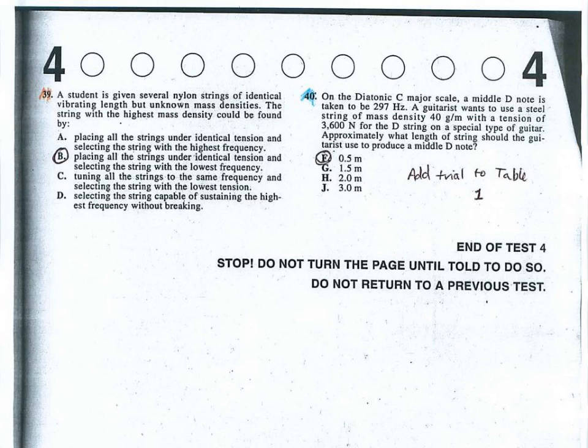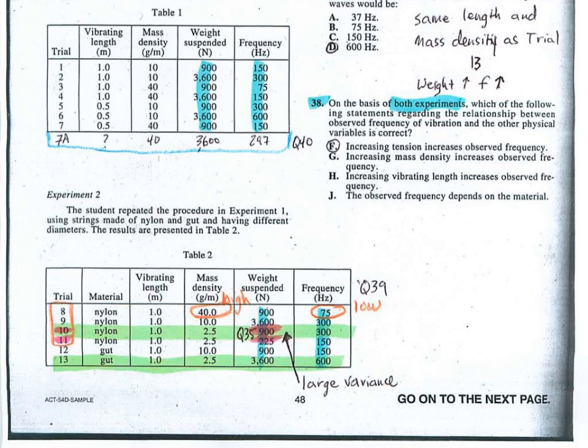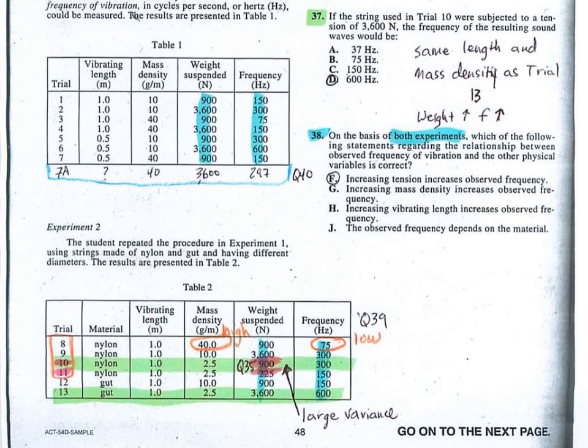For question 40, the answer is F. If we look at table 1, we're looking at the steel string. This question requires you to add provided information to the existing chart and look for a pattern. By adding a trial 7A and using the numbers provided, a pattern will emerge that shows the vibrating length to be 0.5. Another way to think about this is if we look at table 1 and, in fact, table 2,